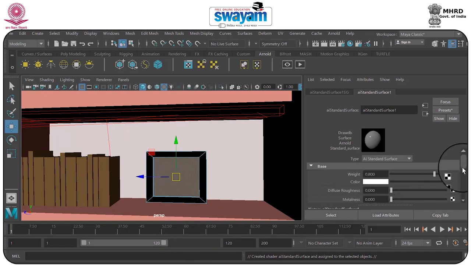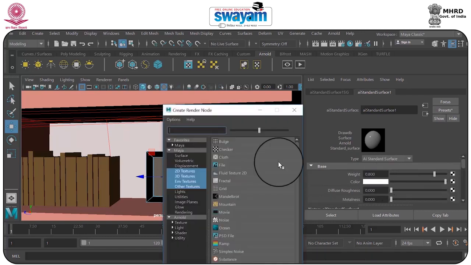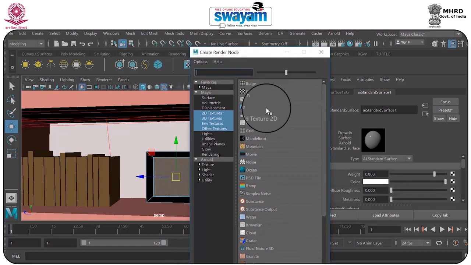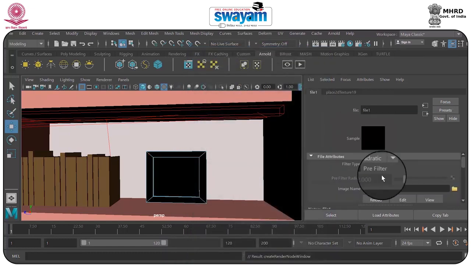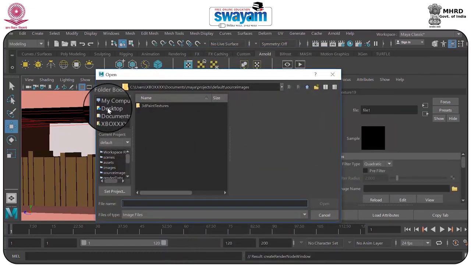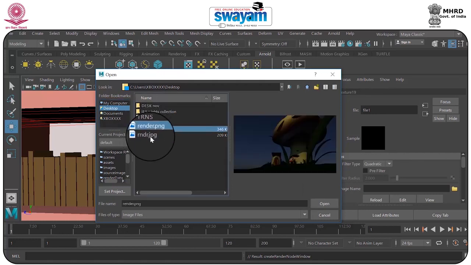And so in color I just put an image, so file, and go over here. If I have the image, okay, I put the image of this particular thing,